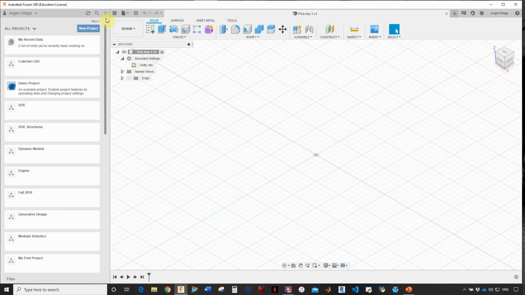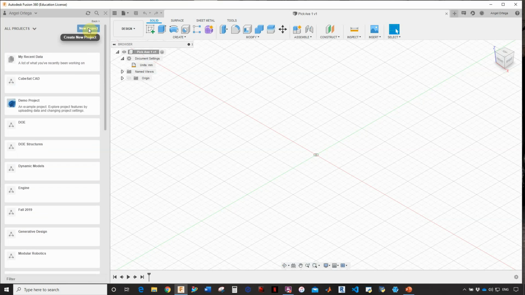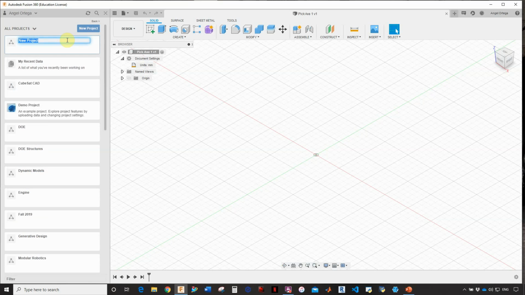like this. Here you should only have one available project, which is, I believe, my first project. That's what they call it by default. Now I'm going to show you how to get started with a new project or folder just for this class, so you can store everything there. What you would have to do is, first of all, make sure you're in home, so all projects, and then go to new project, and then simply create a new project